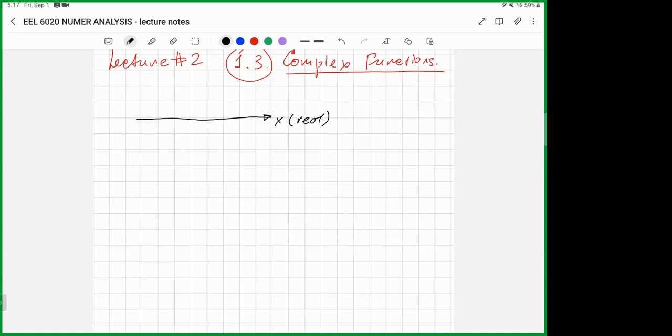All real numbers can be placed on this axis, including 0, 1, -1, and all other types of numbers, including irrational ones, 0.1, pi, somewhere here. This is the type of numbers that we are used to, but if you think about this a little bit more, you will acknowledge that